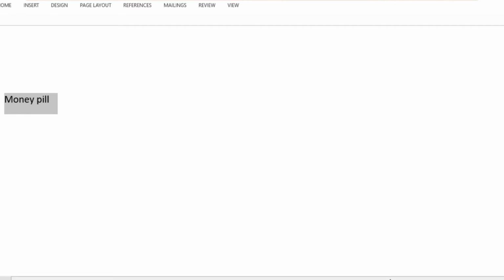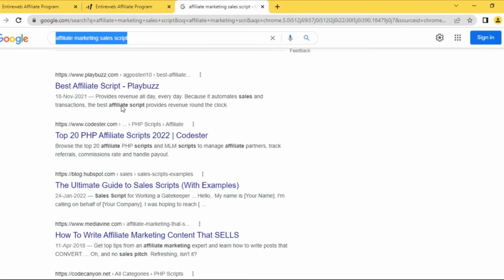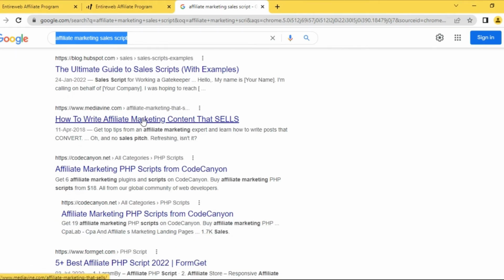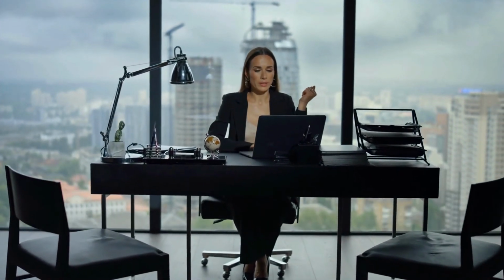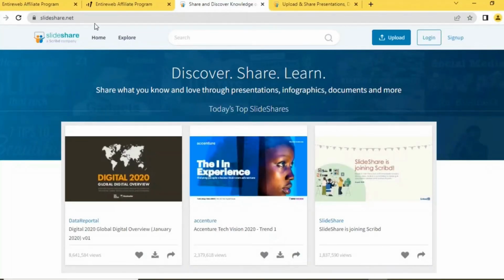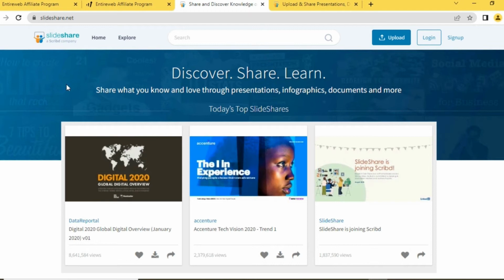Another suggestion for doing this is to look for a ready-made script on Google. However, if you have the time, you may just create your own. Consider the possibility that the little work you put into creating the script may result in you earning a substantial sum of money in the near future. Now, after you've finished with your script in Google Docs, all you have to do is download it in PDF format. In the aftermath of this, we will move on to Slideshare.net, which is our next platform of choice.